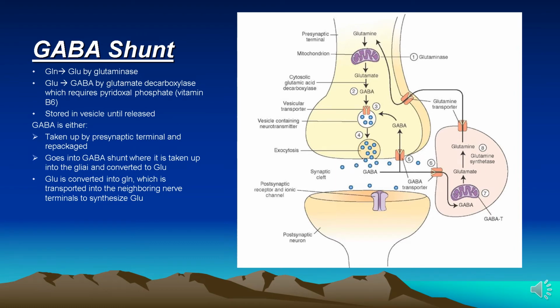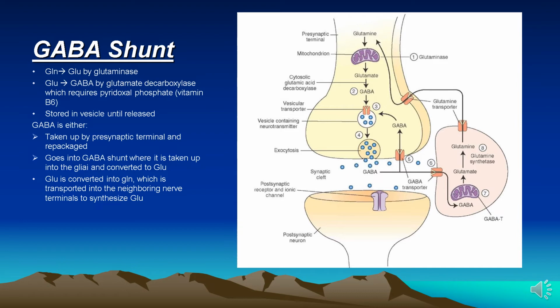GABA is taken up by the presynaptic terminal and repackaged as shown here, and GABA could go into a shunt in glial cells, where it is taken up and converted to glutamate, then glutamate is converted by glutamine synthetase to glutamine, and the glutamine goes back to the presynaptic cell,